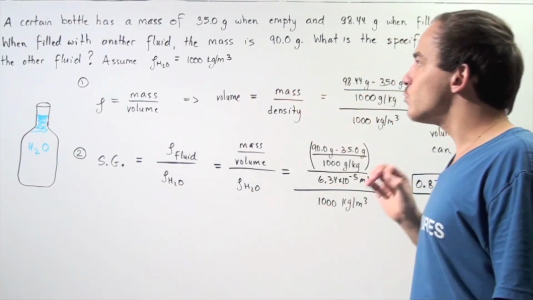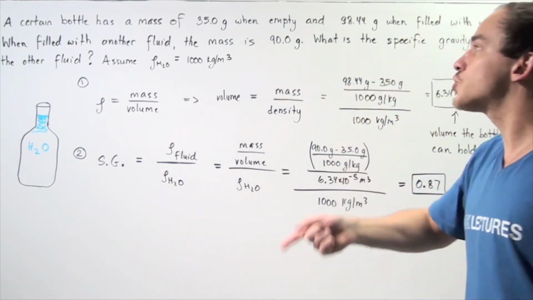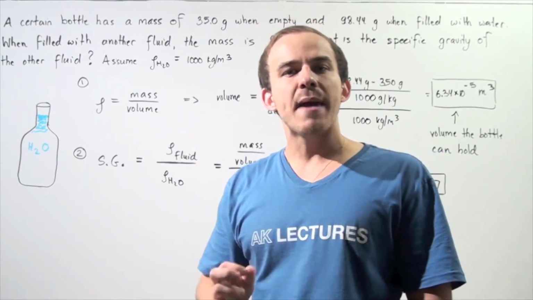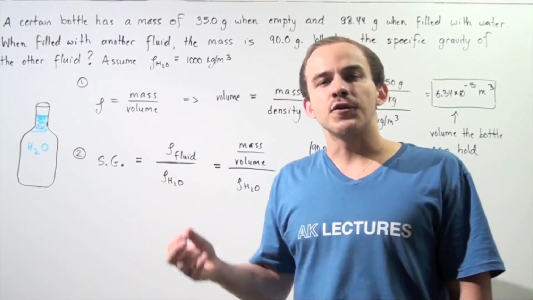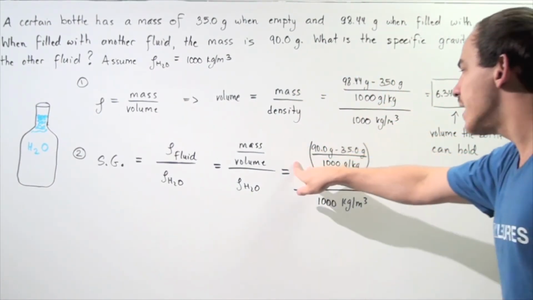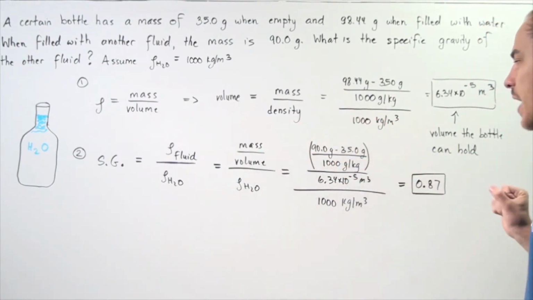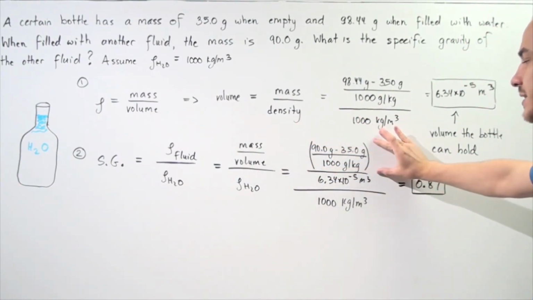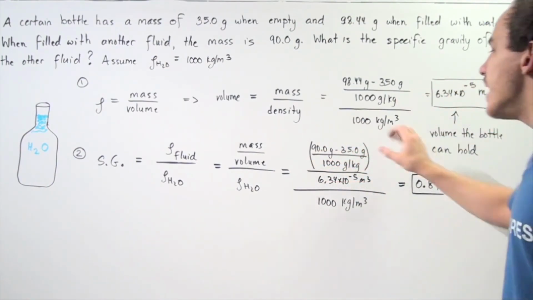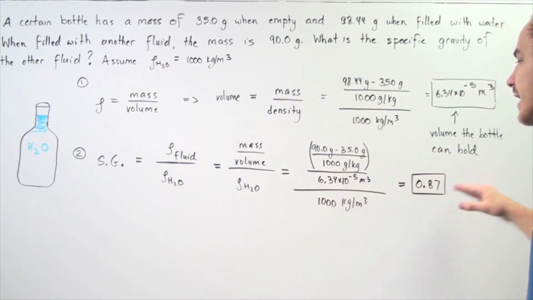And to find the mass, we simply take 90 grams, subtract 35 grams, the mass of the bottle, and that will give us the mass of the other fluid. And to convert from grams to kilograms, we simply take the difference, divide that by 1,000, and that gives us the mass in kilograms. So the mass in kilograms divided by the volume that the bottle can hold, given in part A as this quantity, and then divide that whole value by the density of water, 1,000 kilograms per meter cubed. And we get approximately a specific gravity of